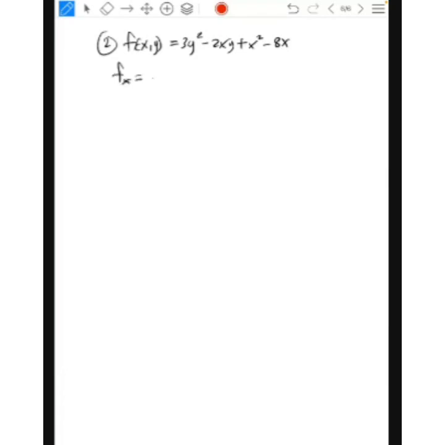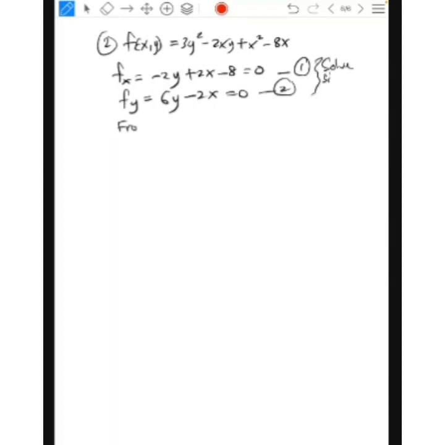Fx will be -2y plus 2x minus x equals to 0. And then the fy will be 6y minus 2x equals to 0. So this is the first equation, this is the second equation. Okay, let's solve simultaneously. Let's say from 2,